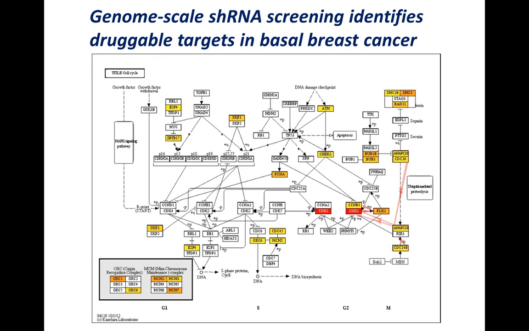But when you get the data back from these experiments, you can ask the question, what are the essential genes and where are they within important biological pathways? What I'm showing you here is the result of the screen from the SUM149 cells overlaid on one very well-known biological pathway, the cell cycle pathway. All of these genes here that are colored in the boxes were hits in the screen. So that tells us that all of these genes are important and essential for the growth of these cells. For many of these, this is not a surprise. These are the kinds of genes we would expect to find in an assay of this type. But the one that's interesting is this one here, PLK1, polo-like kinase 1. This is an interesting gene for a number of reasons.